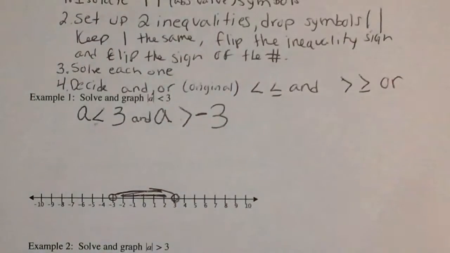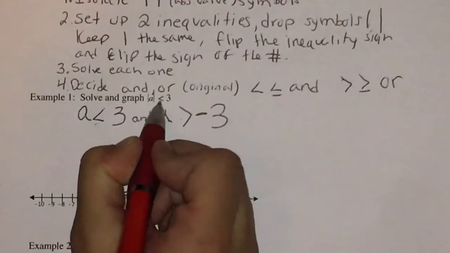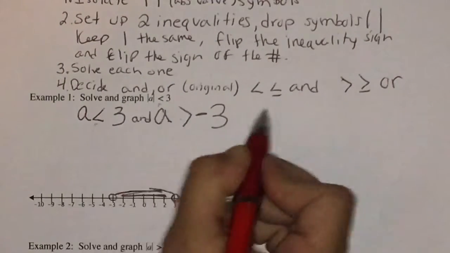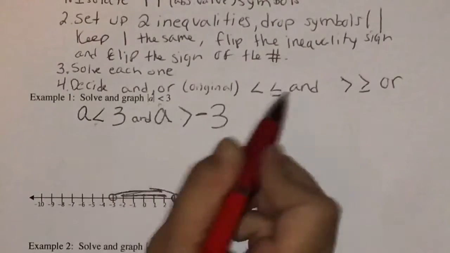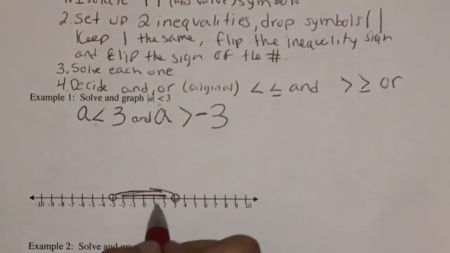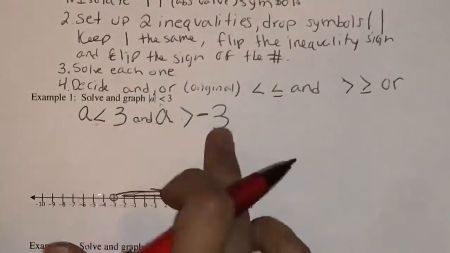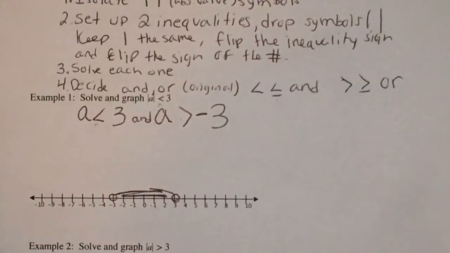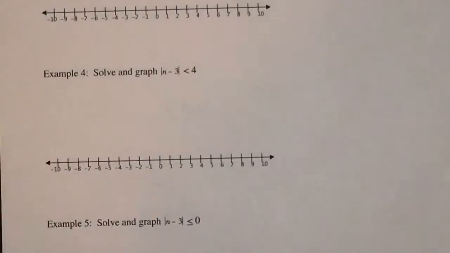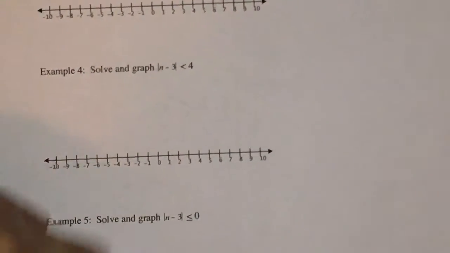But you can also go ahead and go off of the symbol of the original inequality. If the original inequality is less than or equal to, it's going to be an and graph. If it's greater than or equal to, it's going to be an or. But again, you can also kind of tell based on the result of your two inequalities that you got. Let's go ahead and move on to